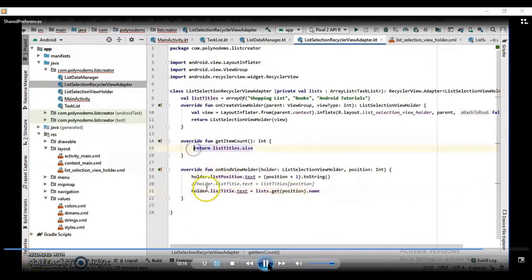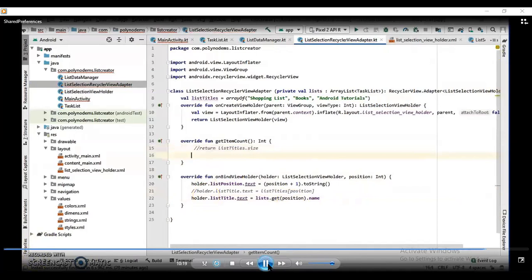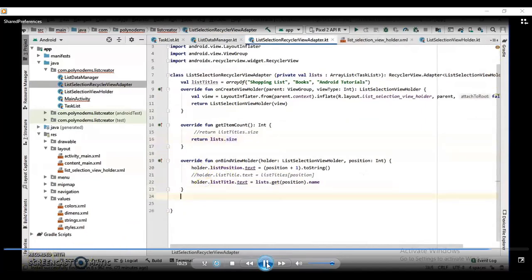Similarly, the size of that list will be fetched here. By using the getItemCount function, we find how many items there are inside that list. Therefore here we are using return list.size. As per the total number of list items, the total number of key value pairs inside the list, this list will be iterated, and those many items will be displayed inside the